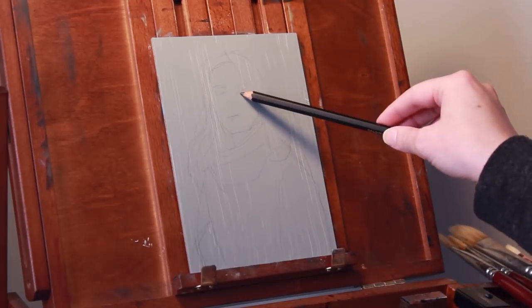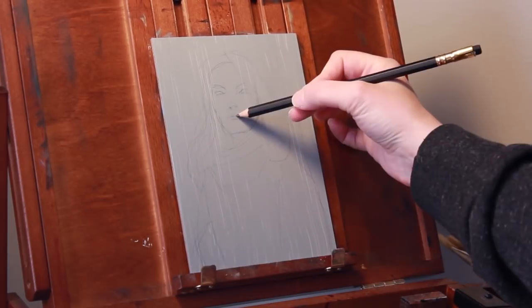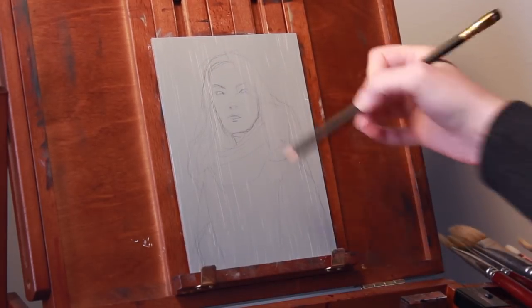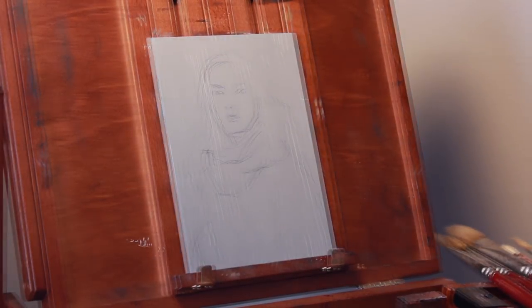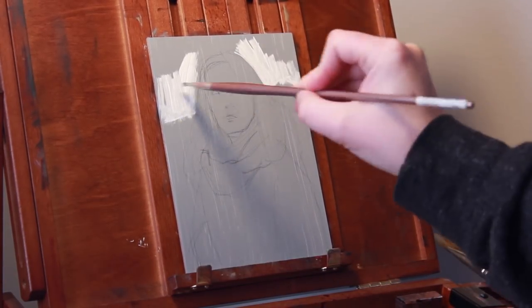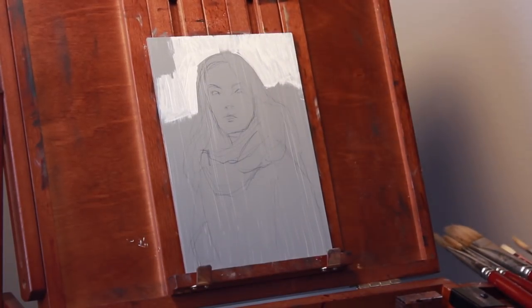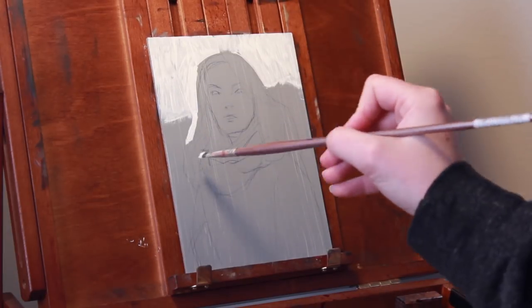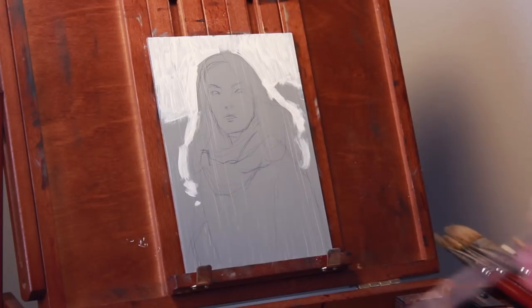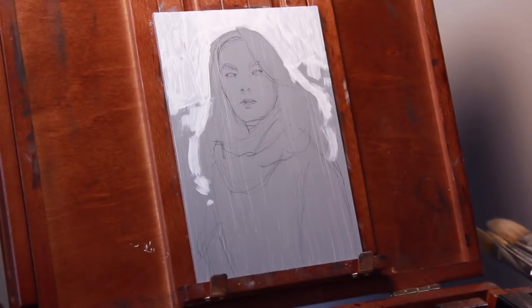Now I'm prepping my board a little differently this time. Typically I just pull a toned board down from the shelf and go, but today I'm going to undo some of the gray tone in order to keep certain areas really bright. Looking at my reference photo off to the side, I did a quick pencil sketch as a guideline, and then I went back over the toned board with some white acrylic paint, just in the areas that I want my light to be the strongest. Paint is never 100% opaque in one layer, so I want as little of that gray tone competing with my light as possible. I let the acrylic dry before starting in with oil,